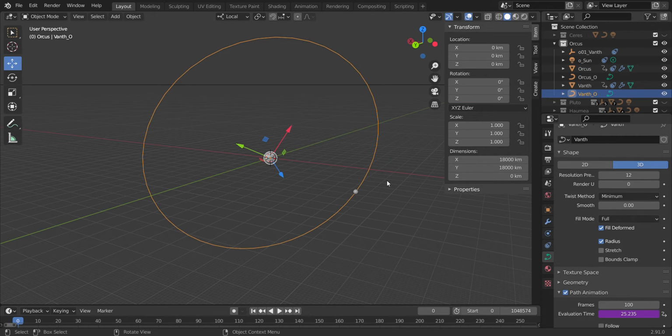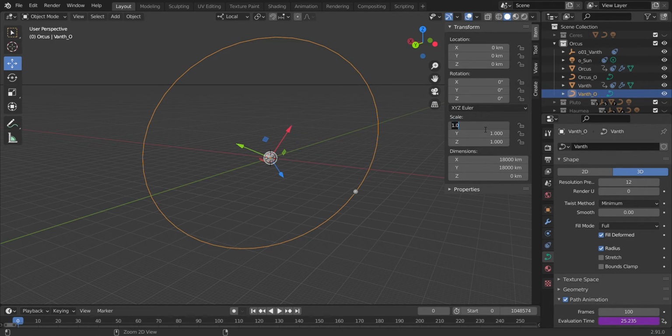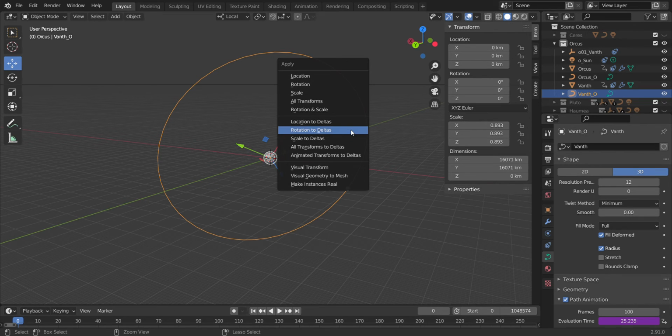But also, because Vanth and Orcas are close in size, the barycenter between the system is outside Orcas. So we can mess with that a little, the same way we did with Earth and the Moon. We can shrink its orbit, scale its orbit down by that amount,